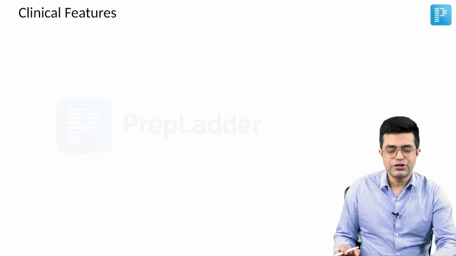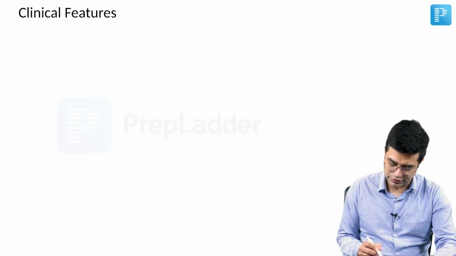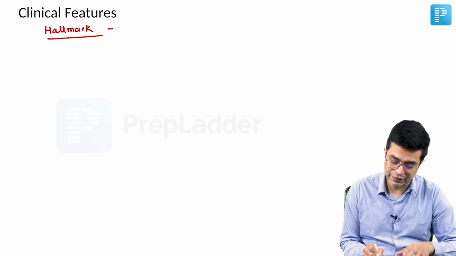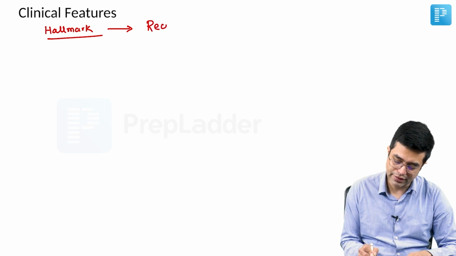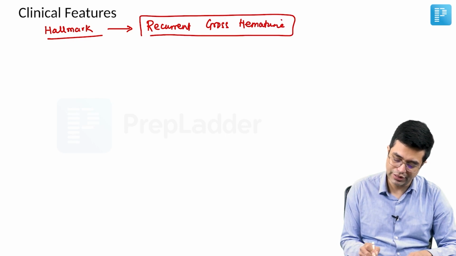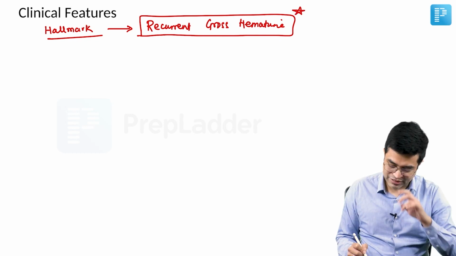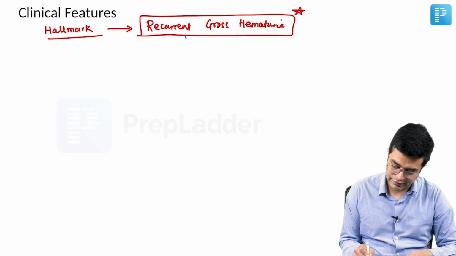So what are the clinical features that you will find? First of all, you need to know, potential MCQ: what is the hallmark of IgA nephropathy clinically? The clinical hallmark of IgA nephropathy is recurrent gross hematuria. So in one sentence, if you have to tell the clinical hallmark, that is recurrent gross hematuria. It is episodic